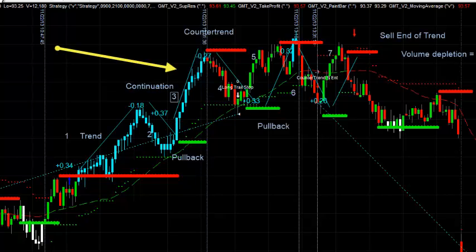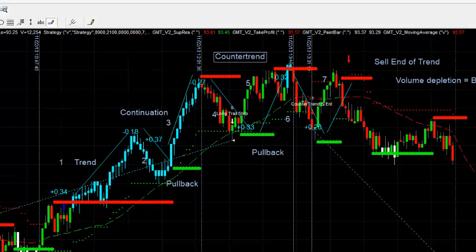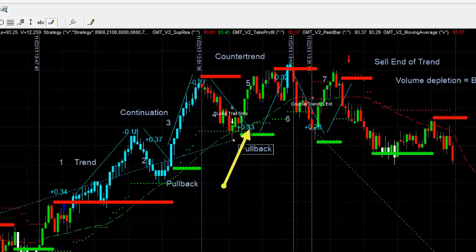And then what I looked at was, well, when you're looking at this type of market environment, whether it's on a 450 tick chart or a daily chart or a weekly, you're typically going to get some type of counter trend against the move. So this counter trend play was the initial play that I built into the strategy. So here's our first pullback, second pullback, which would be basically our fifth kind of wave up.